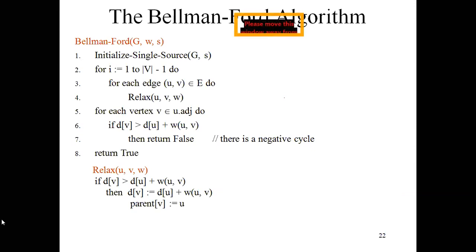For each vertex v belonging to u dot adjacent, that is, each adjacent vertex of the present vertex, do